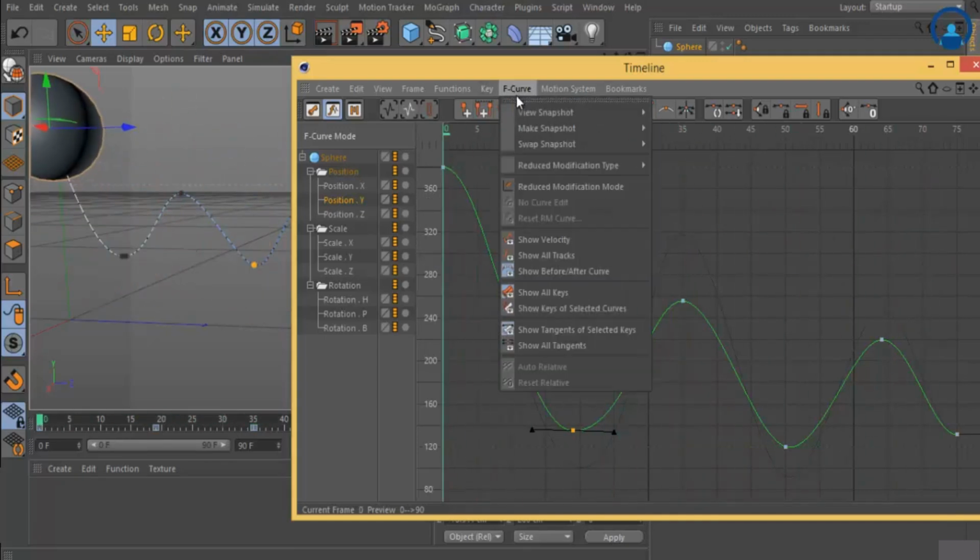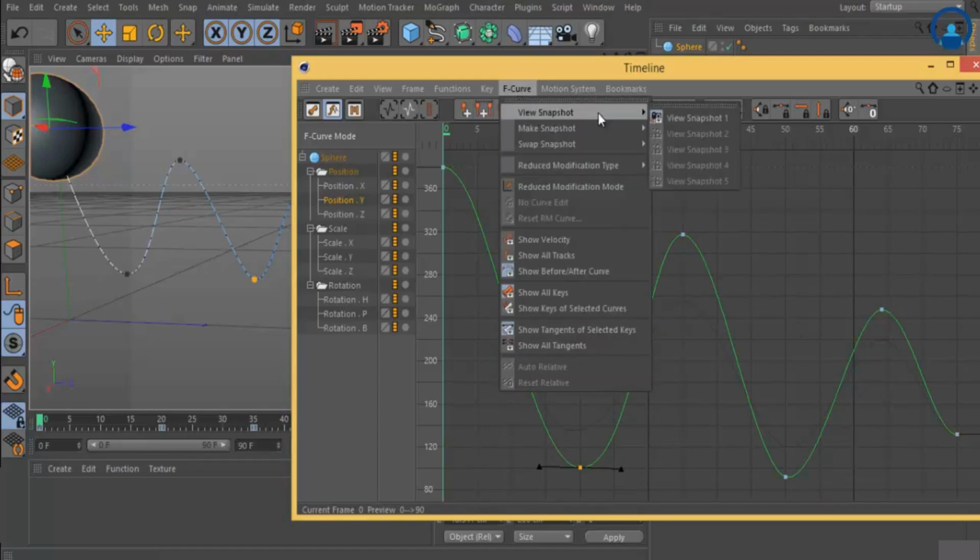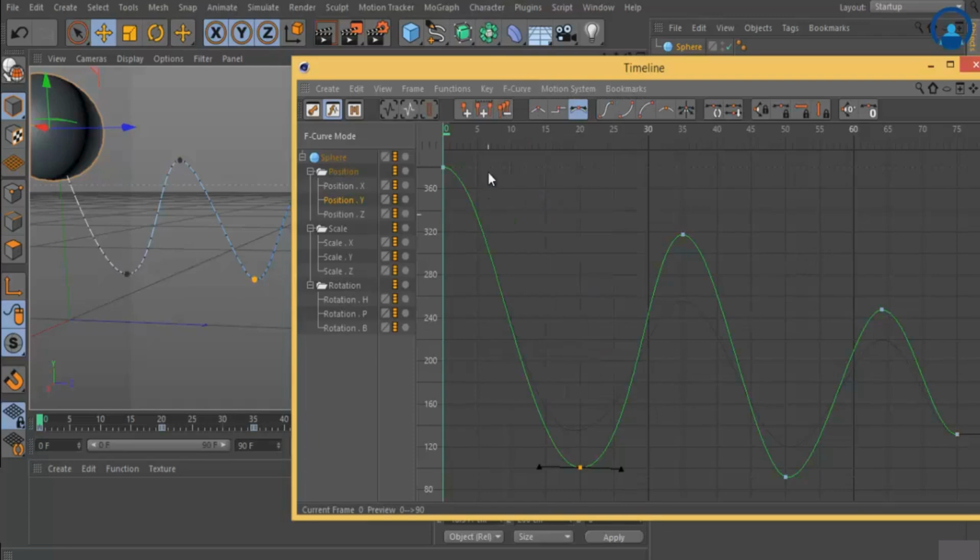Just click on this F curve and swap snapshot, so you jump back to the previous one. This way you can create a different kind of snapshot, or you can create 5 snapshots at a time, and you can compare 5 different ways of animation and choose the better one or best one for your output. This way you can modify spline inside F curve.